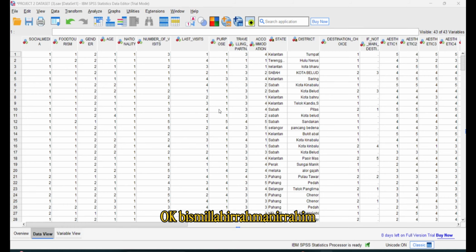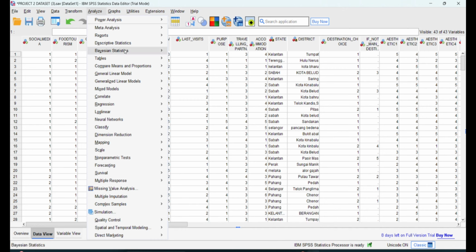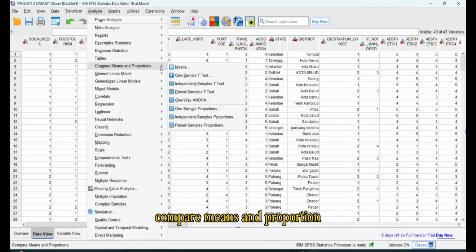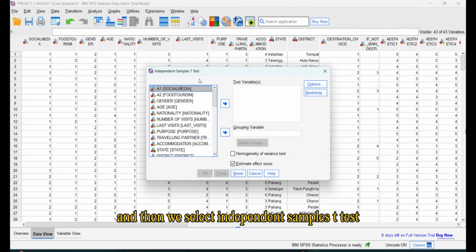Okay, Bismillahirrahmanirrahim. So now we want to do t-test and ANOVA. So the t-test is used in SPSS to compare the means of two groups and see if they are significantly different from each other. So the steps are: we click analyze, compare means and proportion, and then we select independent samples